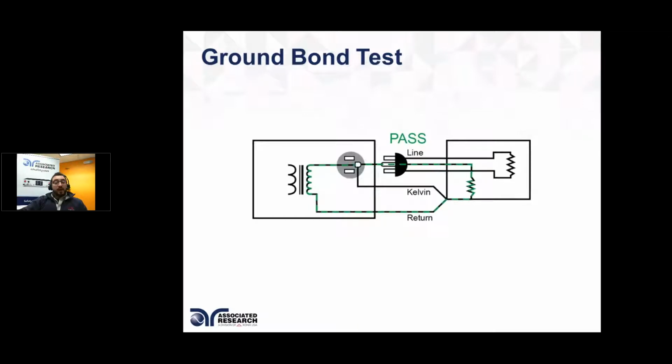Well, when this high current is injected into the ground pin, and this high current can be of any value depending on the standard or the type of device you're testing. For our example, let's pick maybe 20 amps of current we're injecting into the ground pin of our device, and that current, when it flows through the circuit to the ground circuit, creates a voltage drop, and that voltage drop is then used to measure back the resistance,